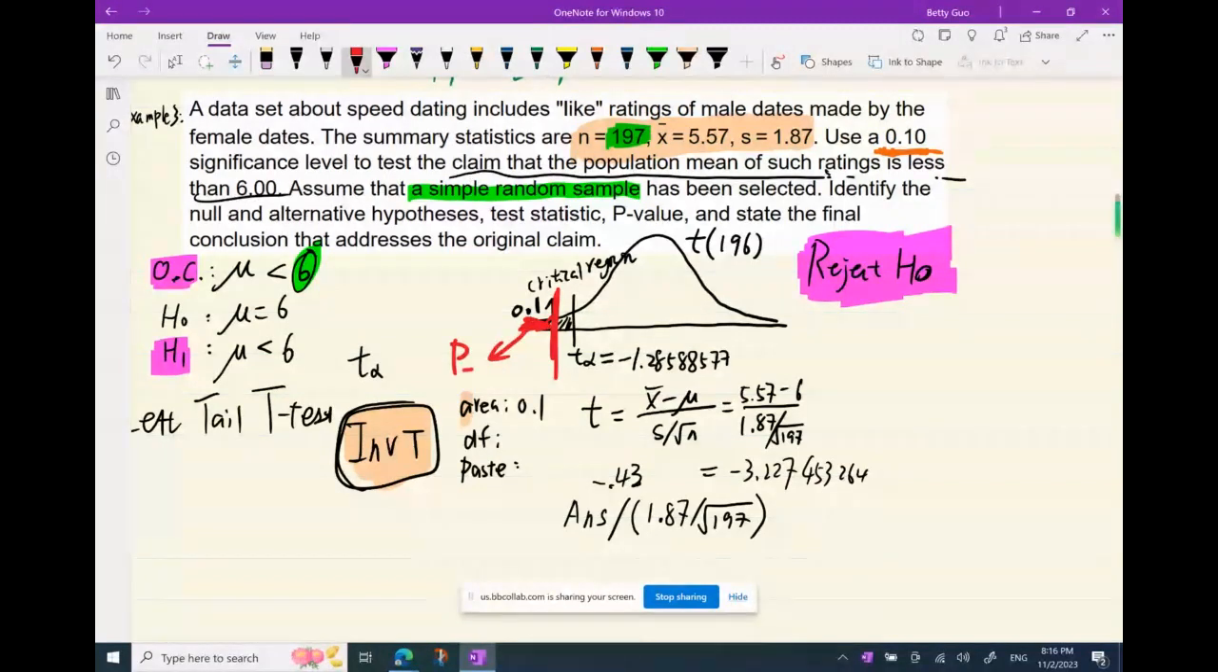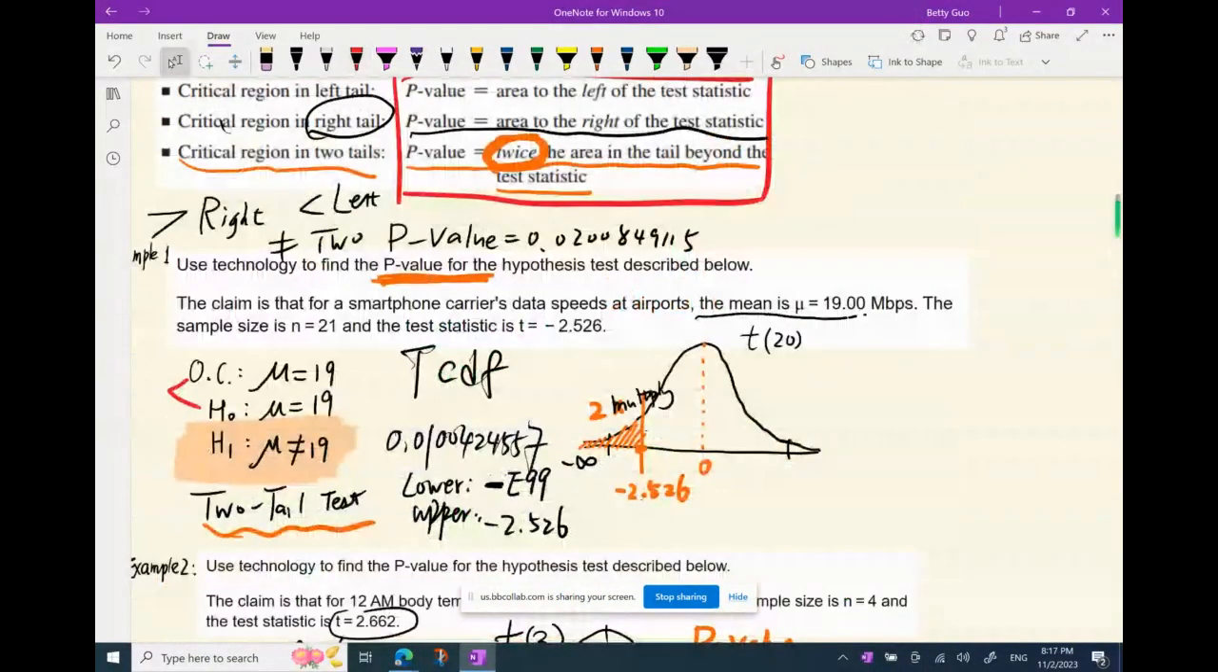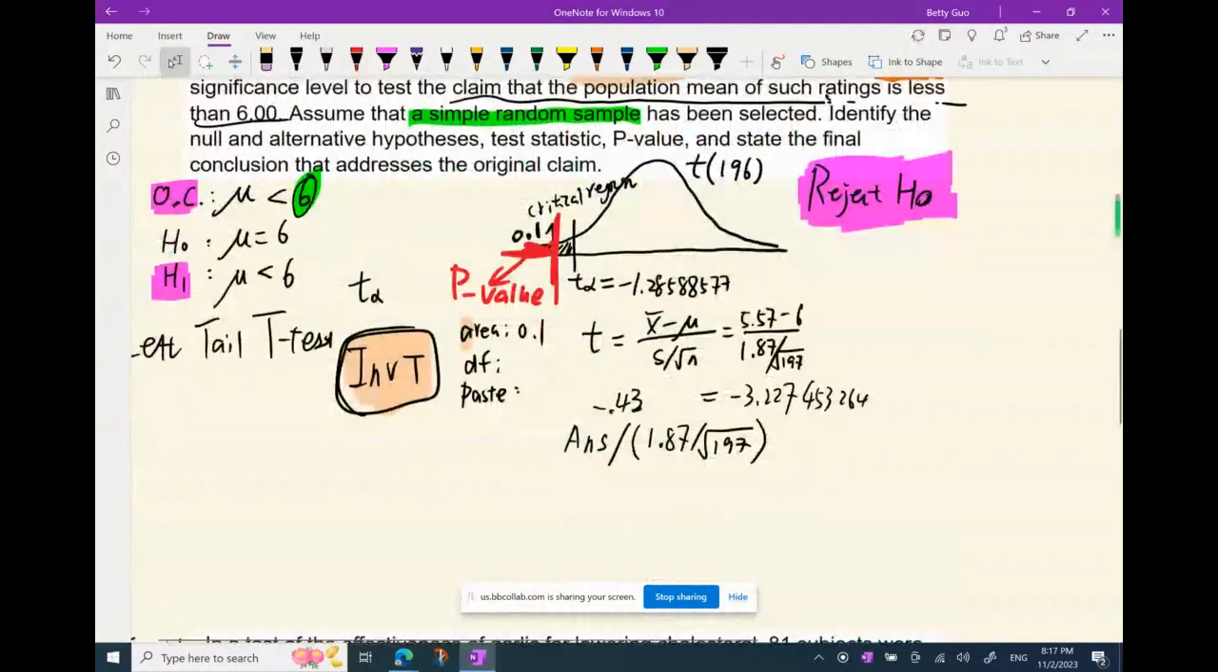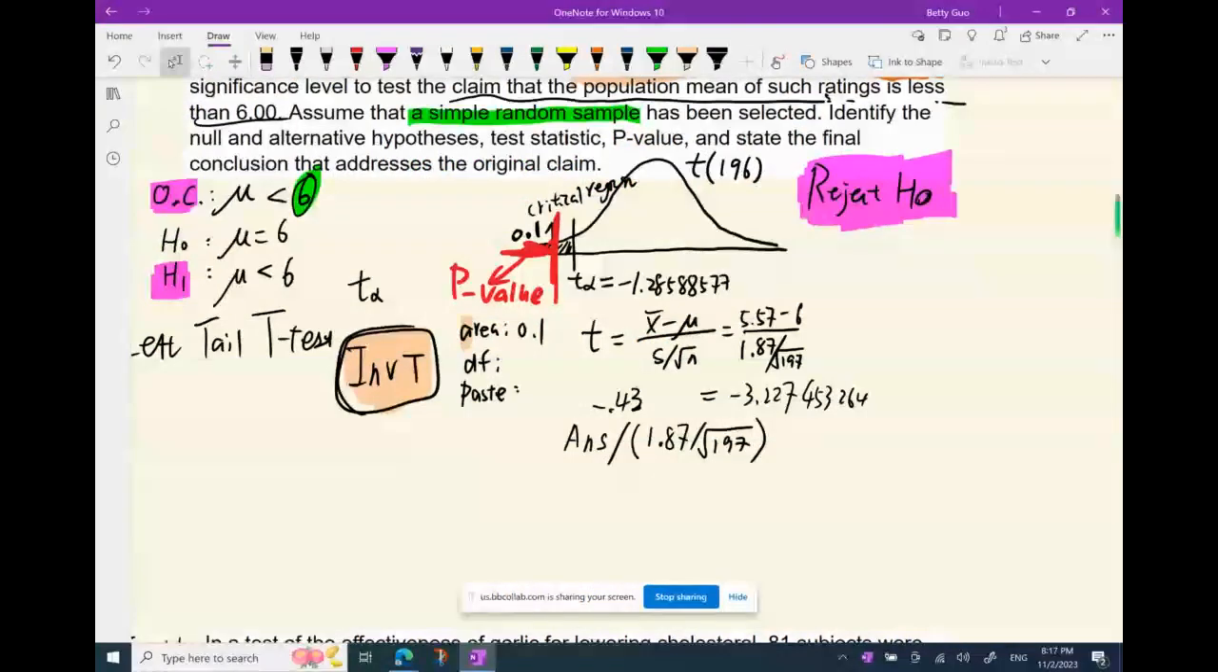So the area of the red region to the left of the test statistic is the p-value. Let's see what we have by using the technology. We're going to use tcdf. We have actually done that part twice earlier. This is two tail, this is a right tail, this is a left tail. Let's do the left tail. So the p-value